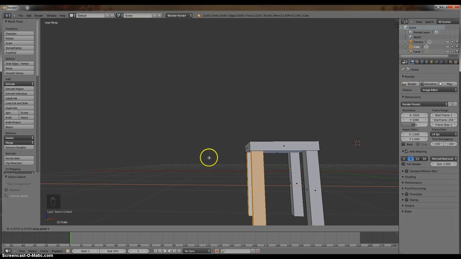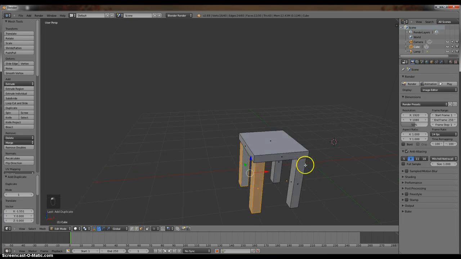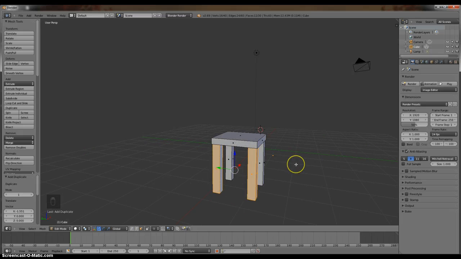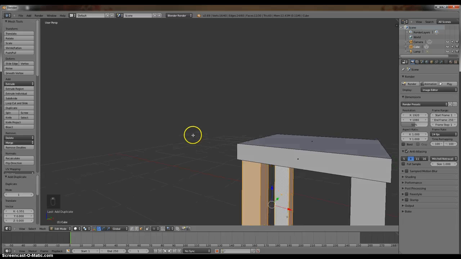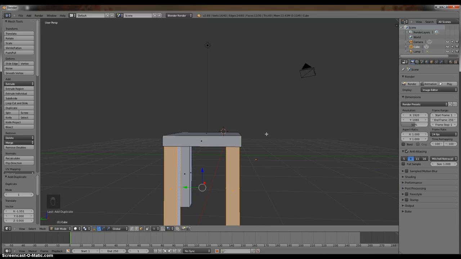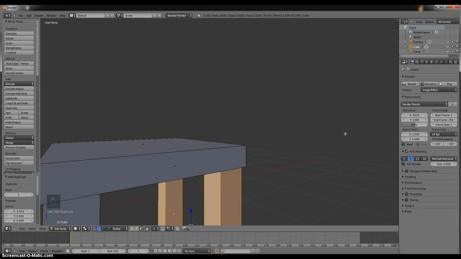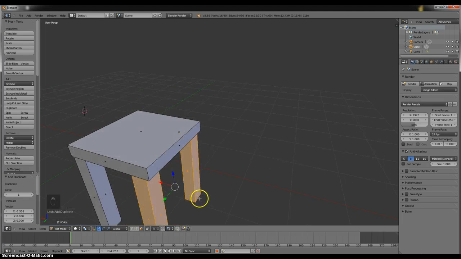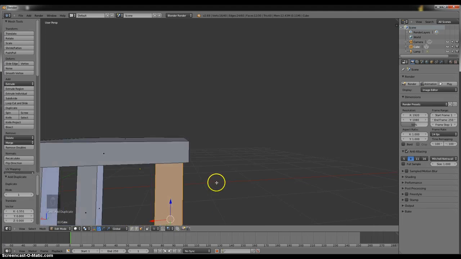duplicates on the X-axis. So now they're all the same height, so they're all into the base of the chair the same amount, and they're all the same length. They're positioned the same height, and the length of the leg is the same, all four. So that's the easy way to make sure that it's